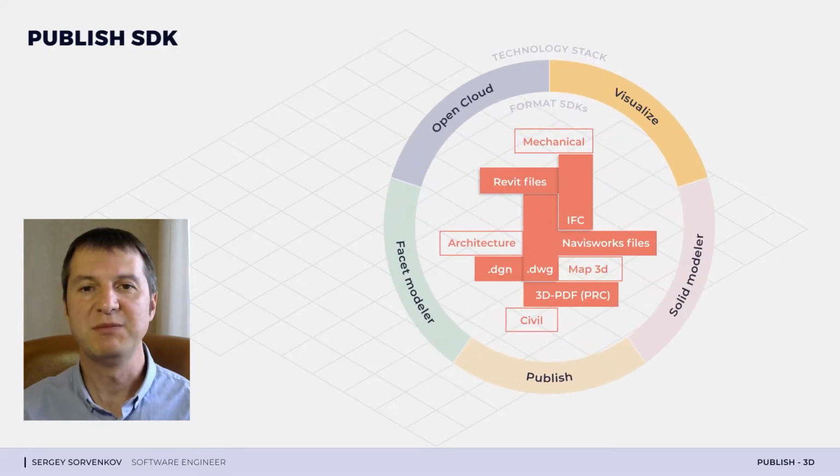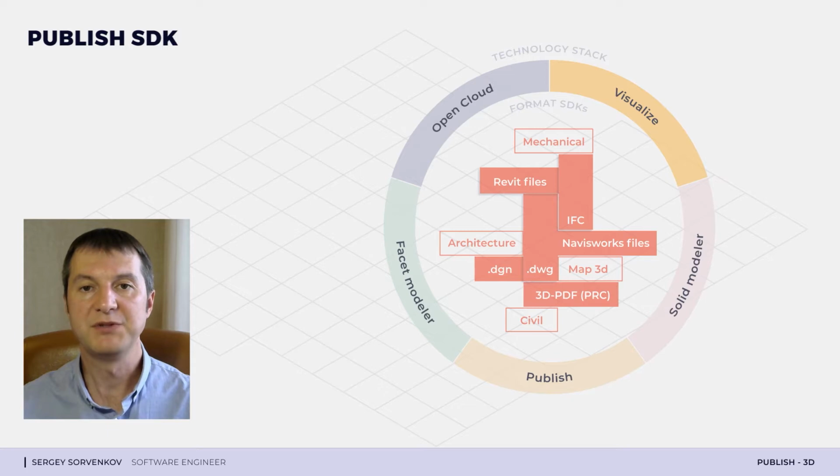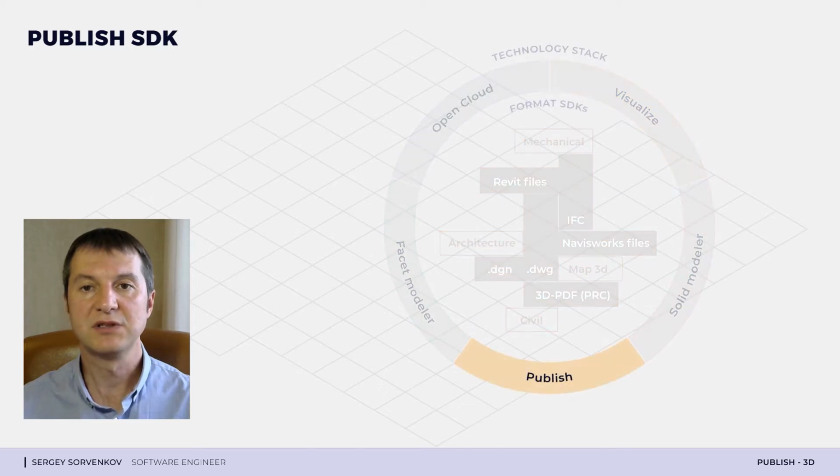Let me introduce Publish SDK, a smart publication for any CAD. The Publish SDK provides a convenient way of publishing to PDF. It's filled with rich abilities, from a simple but effective export feature to a powerful API that allows you to manipulate what should be published. The key feature of Publish SDK is that it can be used in any other ODA product to publish to 2D or 3D PDF.